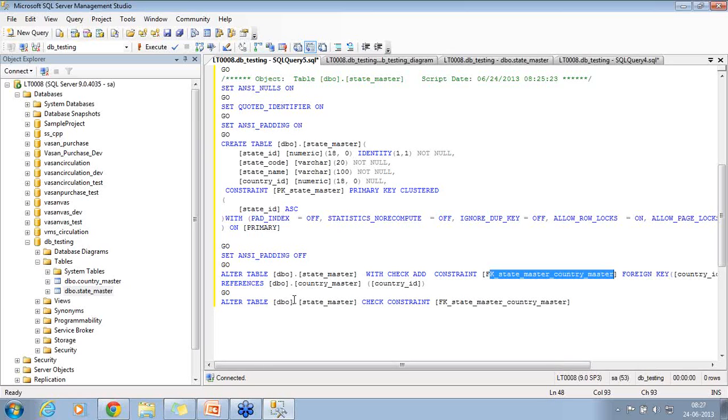What is important is understanding what is relational database, what is primary key, what is foreign key, how primary key is important in foreign key. If I don't have a primary key, I cannot establish a foreign key. Primary key is mandatory. Primary key generally will be a numeric. It will not be a varchar. If you keep it as a numeric key, the indexing or the system will be much faster.